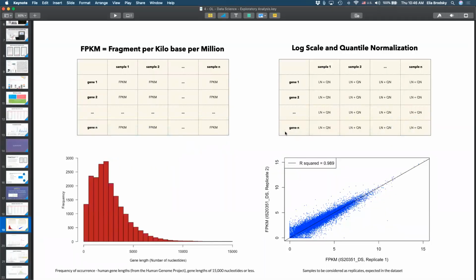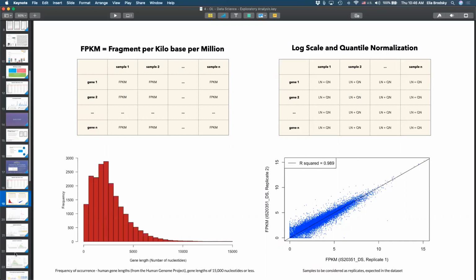So when we look at this, first we want to make this distribution a little bit more normal. Then we want to make sure that within our data set, the comparisons are going to be according to the same distribution, but based on the actual values that we have in our data.